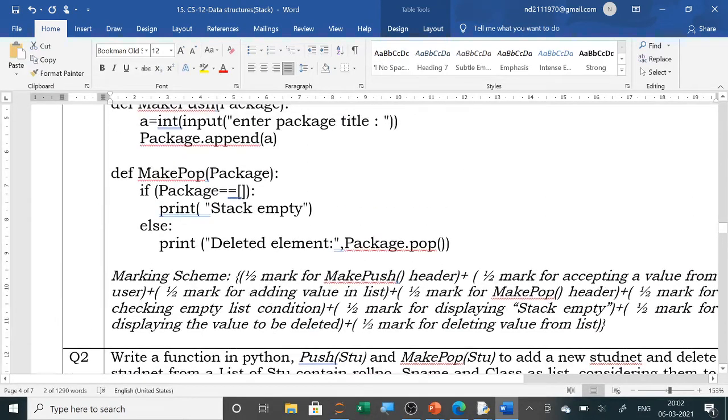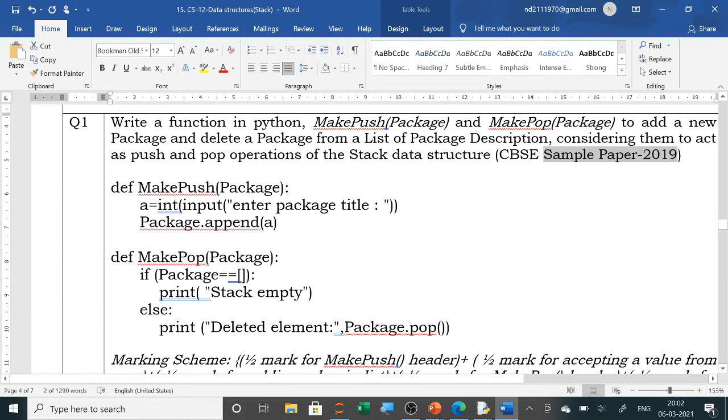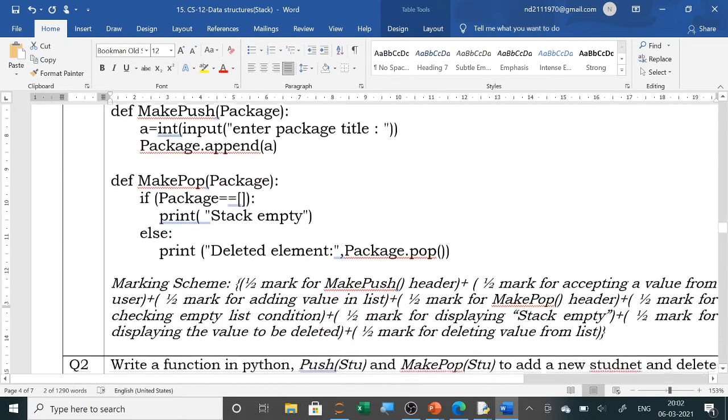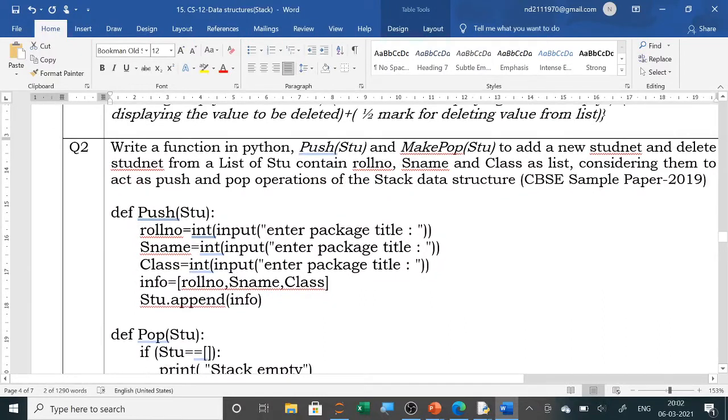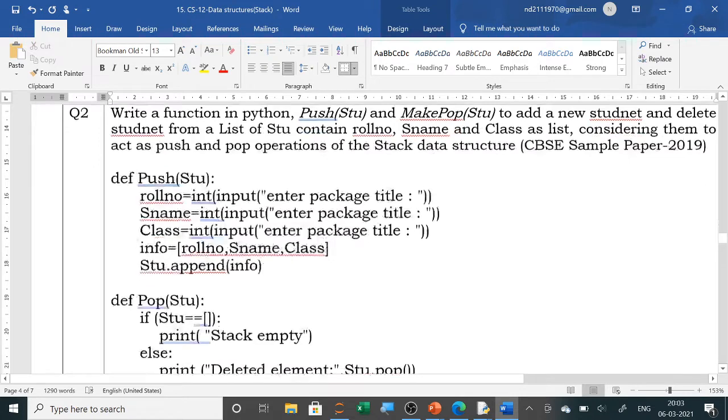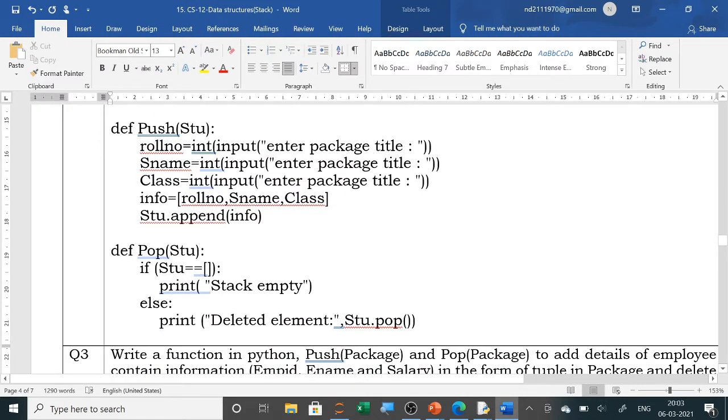एलिमेंट डालने बोलेंगे तो हम ऐसे करके एक एलिमेंट डालेंगे, वो स्ट्रिंग हो सकता है, वो न्यूमेरिक वैल्यू हो सकता है। और अगर पूरे लिस्ट को डालने बोलेंगे तो हम पहले लिस्ट को बना लेंगे, और लिस्ट को बनाने के बाद हम अपेंड करके ब्रैकेट में लिस्ट को डाल देंगे, तो ये लिस्ट उसमें ऐड हो जाएगा, अपेंड हो जाएगा। वैसे ही पॉप करने के लिए, डिलीट करने के लिए हमको स्टैक का नाम लिखना है जो क्वेश्चन पेपर